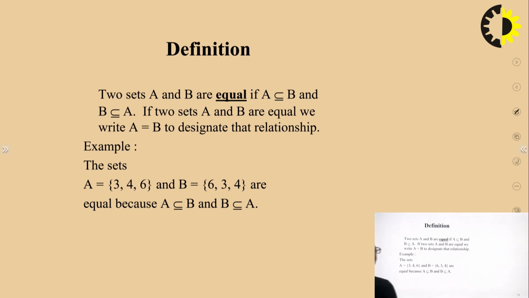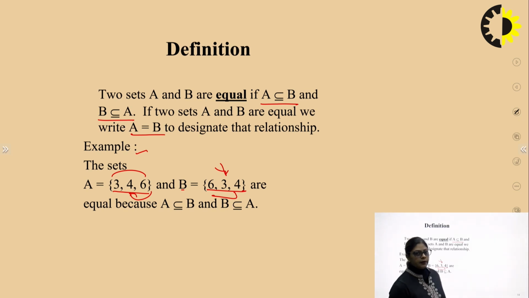Two sets A and B are equal if A is a subset of B and B is also a subset of A. If the two sets A and B are equal, we write A equal to B to designate the relationship. This means that the elements of A are exactly the same as the elements of B. Now you can see the example. The sets A has 3, 4, 6 and B has 6, 3, 4 are equal because all these elements are contained in B and all these elements of B are contained in A, right. Maybe their positions are here and there, but the element is there. So this means that the two sets are equal,